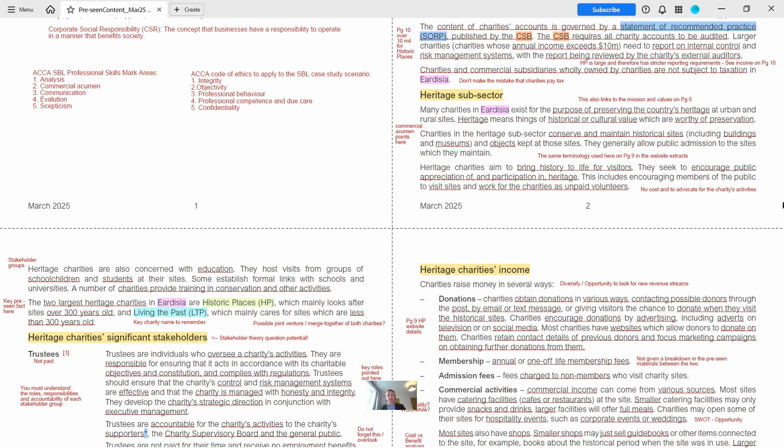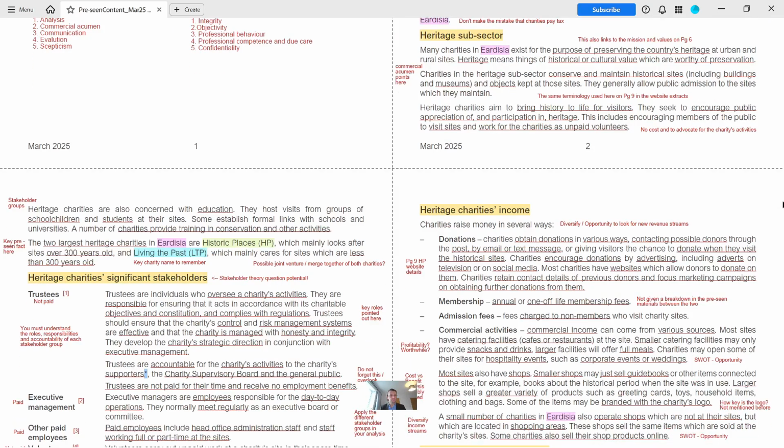And in terms of the heritage charities, they aim to bring the history to life for visitors. In other words, the general public, they want to see some appreciation, the participation in heritage. These are external stakeholder groups that you should refer back to when the public visit the sites, and work for charities if they're volunteers on an unpaid basis. So that is no cost to the charity. They're an advocate for the activities, and there is the same terminology on page 9 in the website extracts,